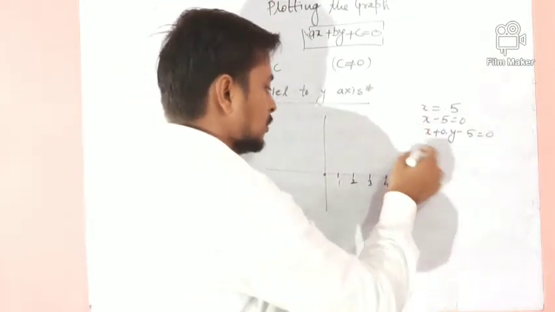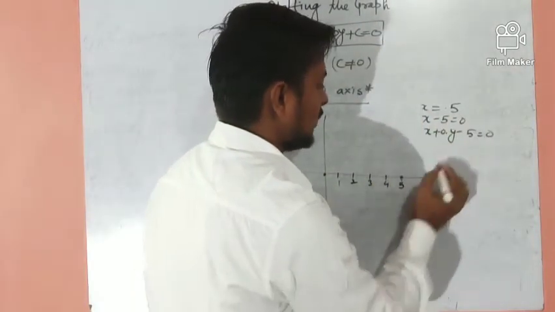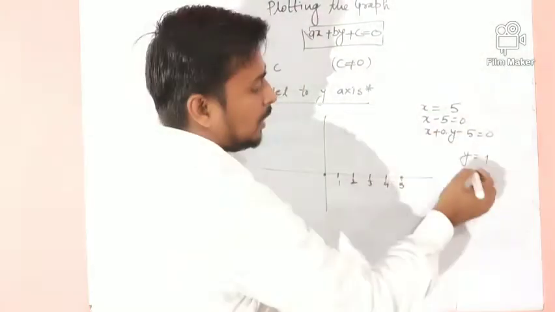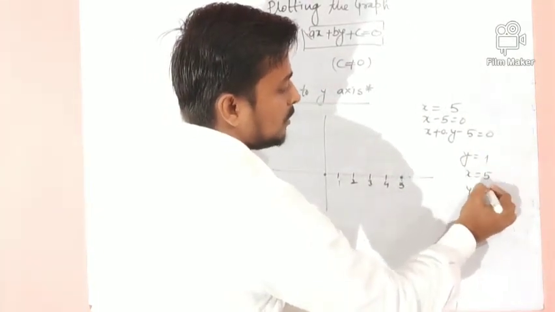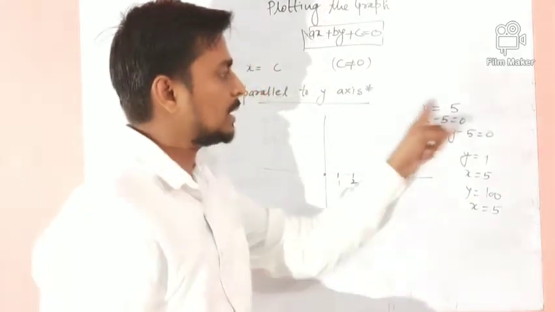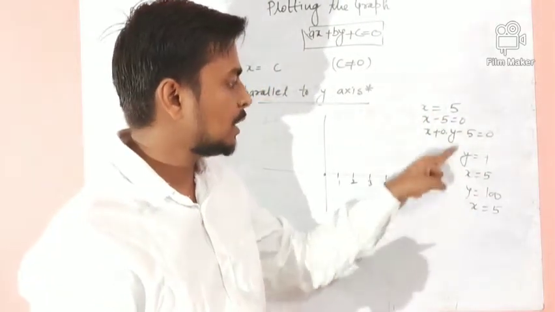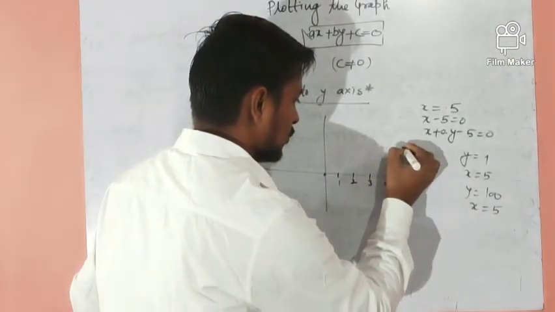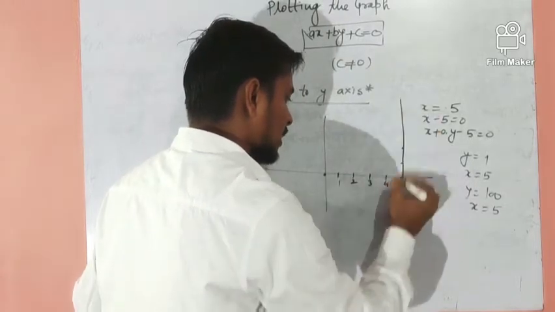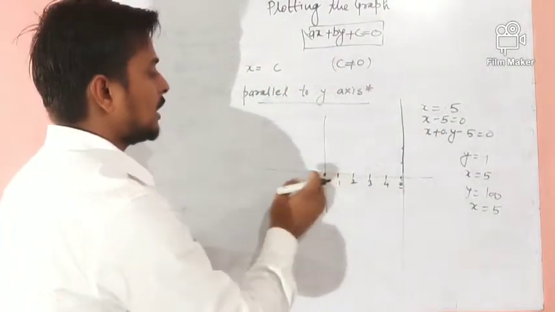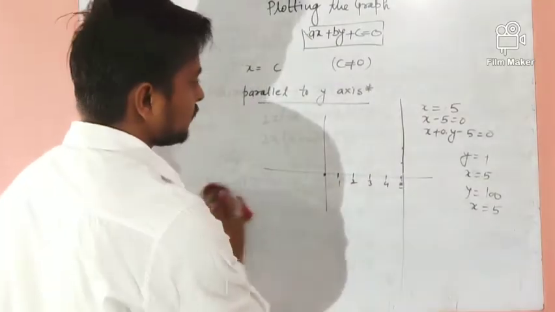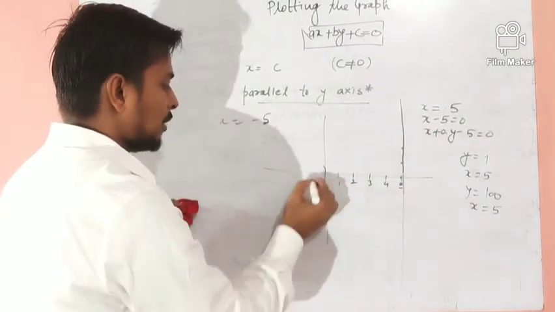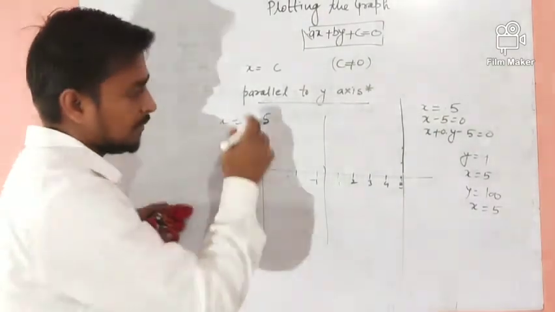So to draw that, you can take very easy things, that y is equal to 1. For y is equal to 1, again x will be 5. Y is equal to 100, x is equal to 5 because x is always 5. So whatever you change y to, the x will be the same. So you can take 1, 5 here, 2, 5 here, and join this. This is the parallel line to the y axis at a 5 unit distance. If x is suppose minus 5, so this line will be at minus 1, minus 2, minus 5 here, right?